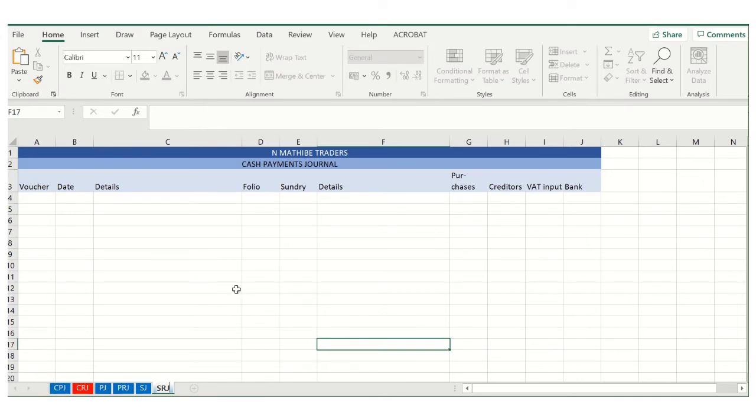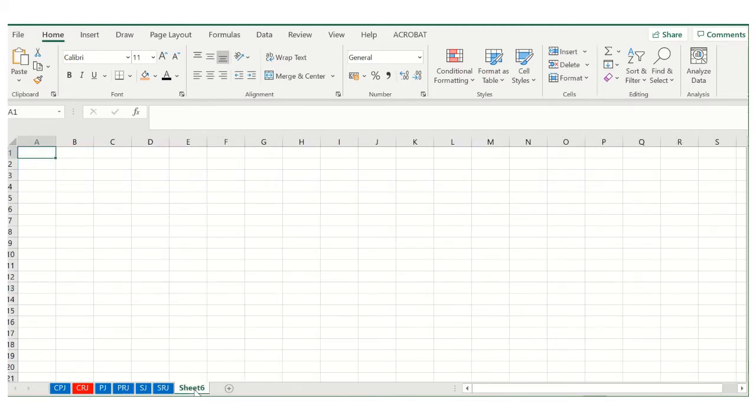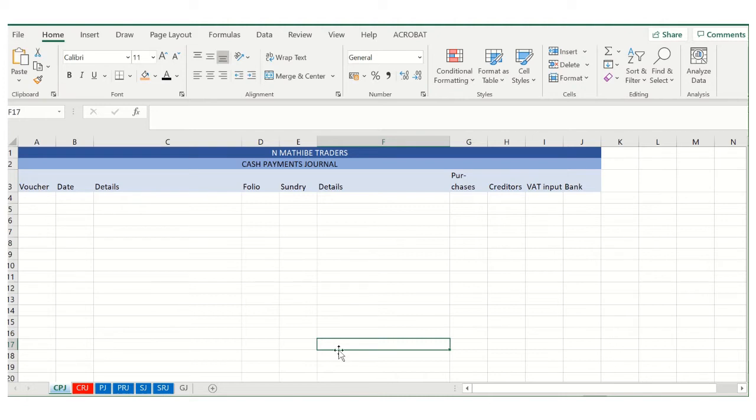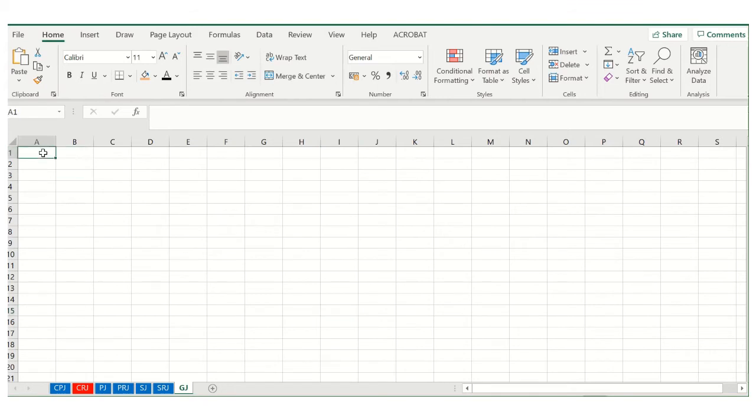Right, so if we want to do the general journal, because the general journal looks quite different from the other journals, can you see here's a little plus? That is where we're going to add a sheet. So here we're going to add it, and we're going to call that the general journal. Since we have already done the name of the company, we are going to copy. So we go to the cash payments journal. We can either right click, copy, and go to the one where we want to paste it,